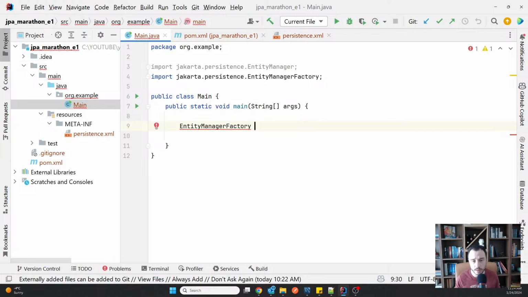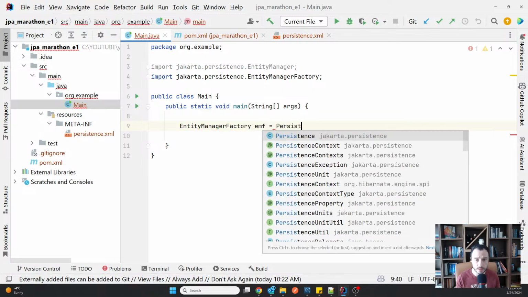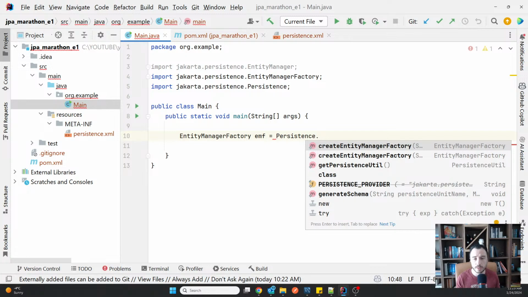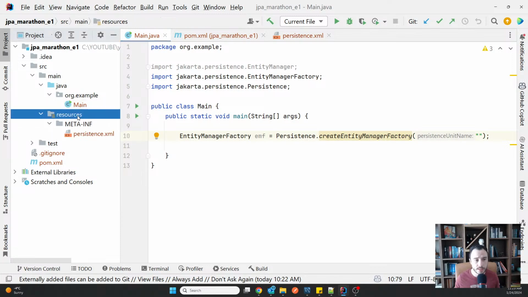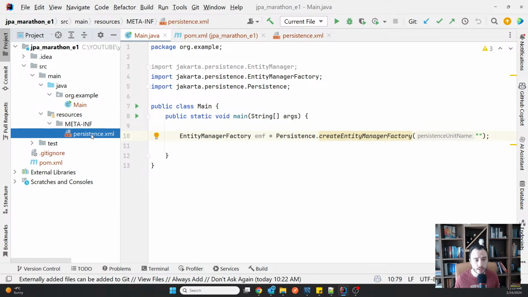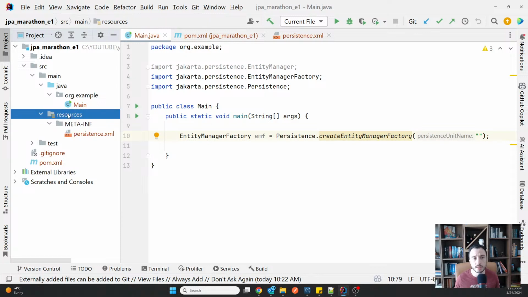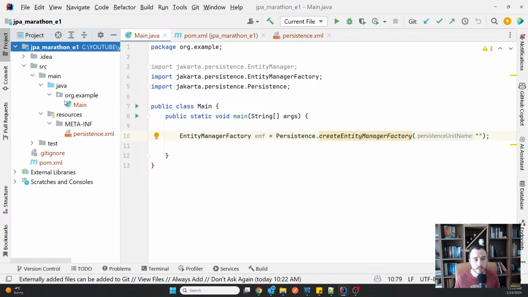I'm first going to write the code and then I'm going to explain, and I want you to imagine how this works behind the scenes. So this is how you create this. Persistence is the class, and then you have this static method called createEntityManagerFactory, and you have to make sure that your persistence XML file is in the resources META-INF location, and that the resources folder is part of the classpath, which is normally out of the box with a Maven or Gradle project.